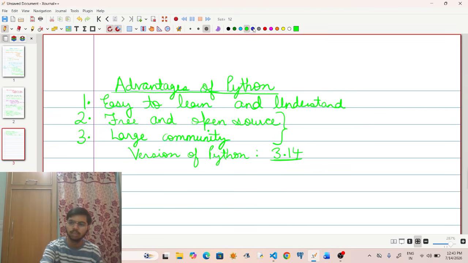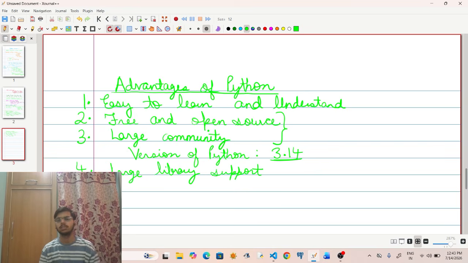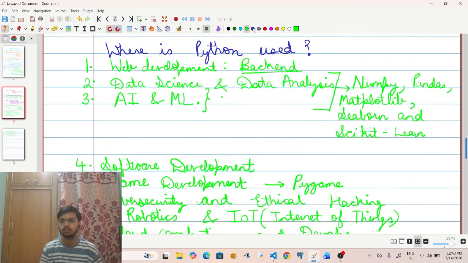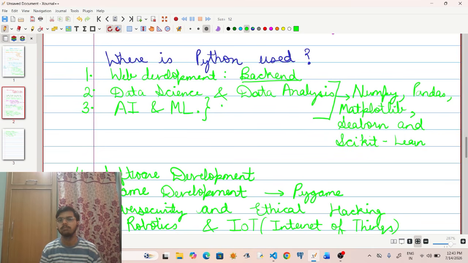Now, the next advantage of Python is that it has large library support. As I told you above, there are many libraries in Python, such as these ones, which are used in the data science and data analysis roles, and also in the artificial intelligence and machine learning roles.